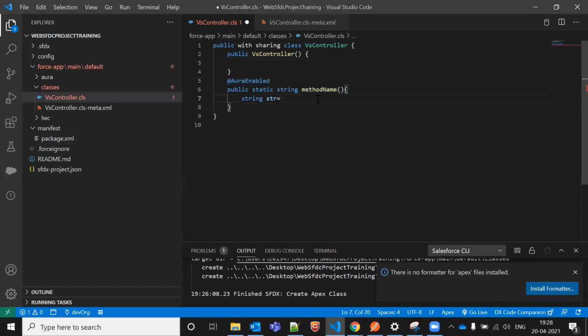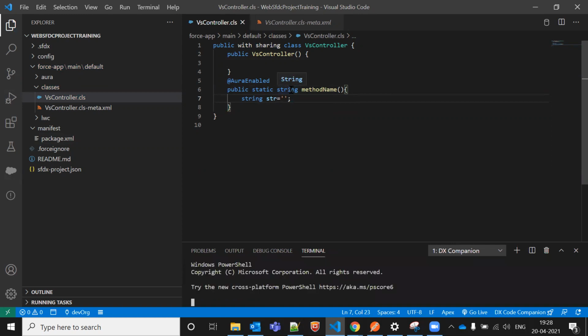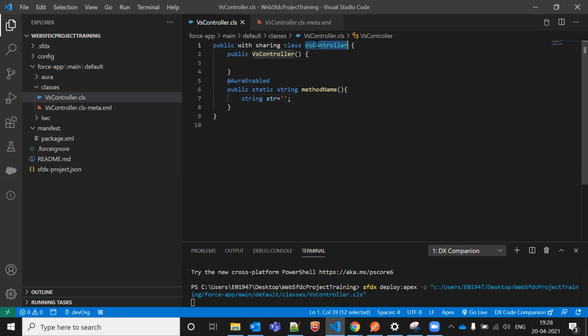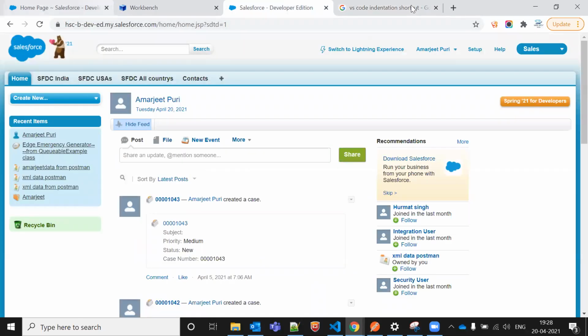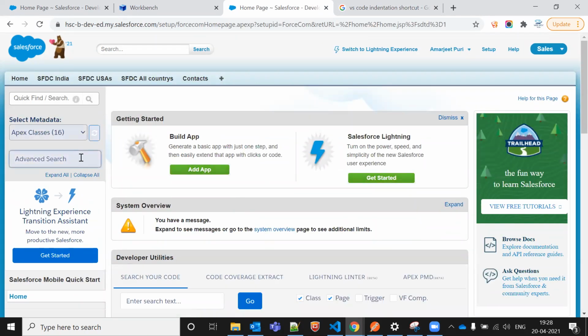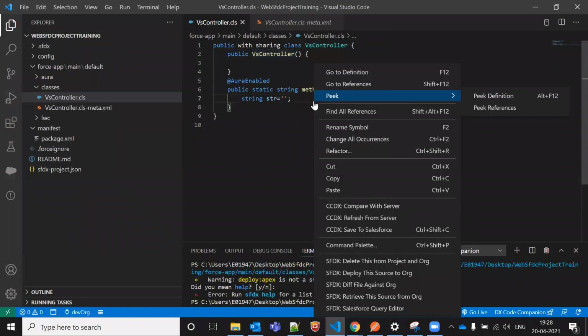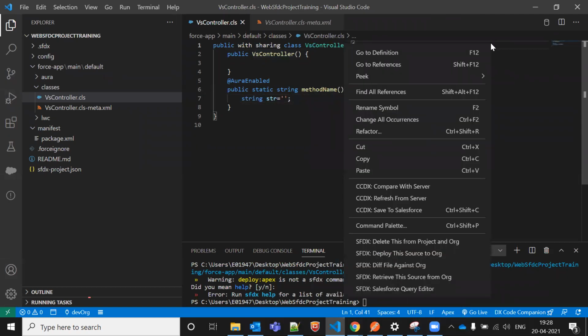Okay, fine. So now what I'm going to write here. This is my class, and in this class I'm writing like this and just saving the record. So what should I do now? If I go to my Salesforce side and check if there is any class or not, as of now we have a total of 16 classes in the database. If I search, nothing will come here, right? But yes, if I want to deploy this class, I can deploy it.